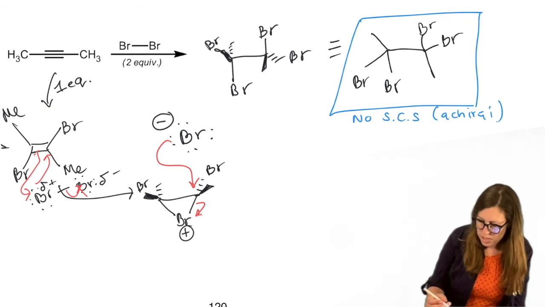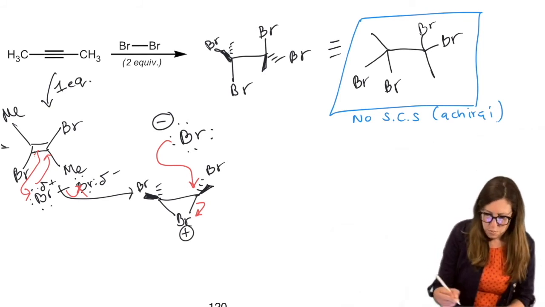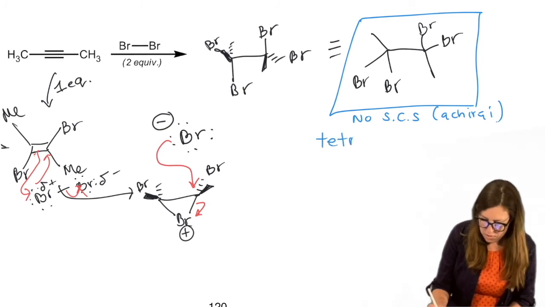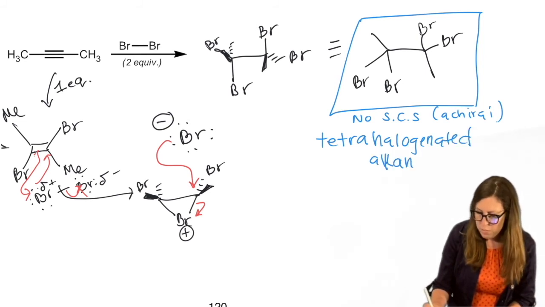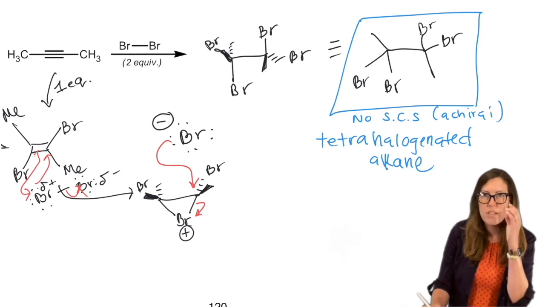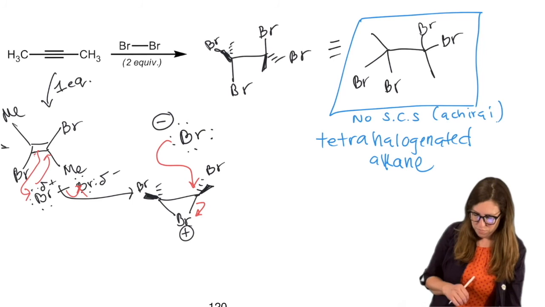What else can we say about it? Well, it's nice to have the words to describe the product because we will be talking about them when we think about synthesis, right? Tetrahalogenated alkane. Now that's actually a useful thing to make. Something with 4 leaving groups, right? You can imagine that in a synthesis being useful.